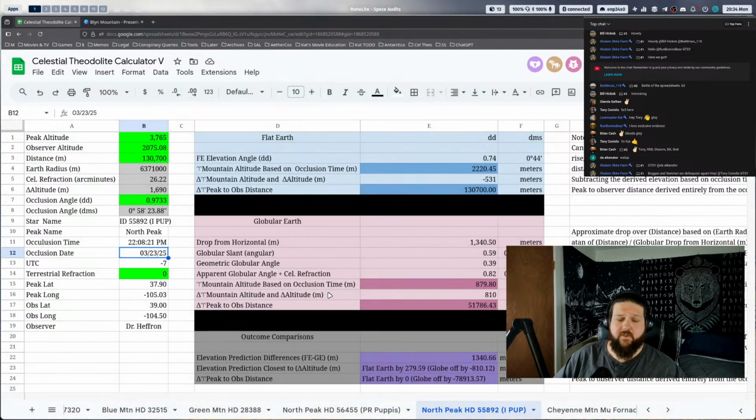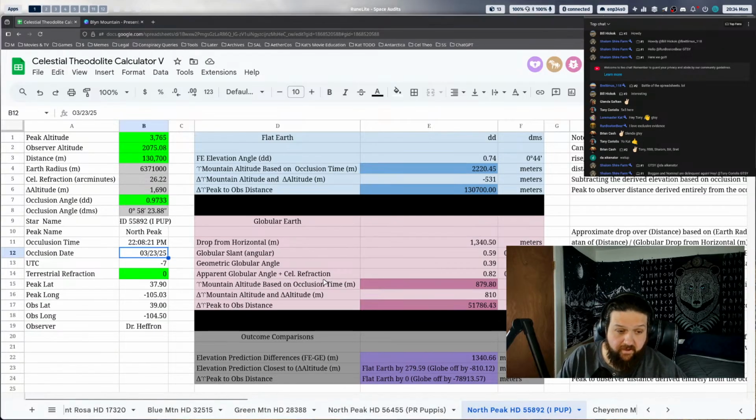That this result gives a concave Earth because this was occluded at Green Mountain, and if you use Green Mountain, it's 2,000 feet above it, and so on. Well, whatever you optically see, this is why we're using the true positions with respect to occlusion timings. Whatever we optically see, when you derive it with respect to the peak of the North Peak, not changing anything else, just instead of using this elevation, we use this one. It corresponds to the other North Peak measurement, and it lines up distance-wise to where the observer's at.